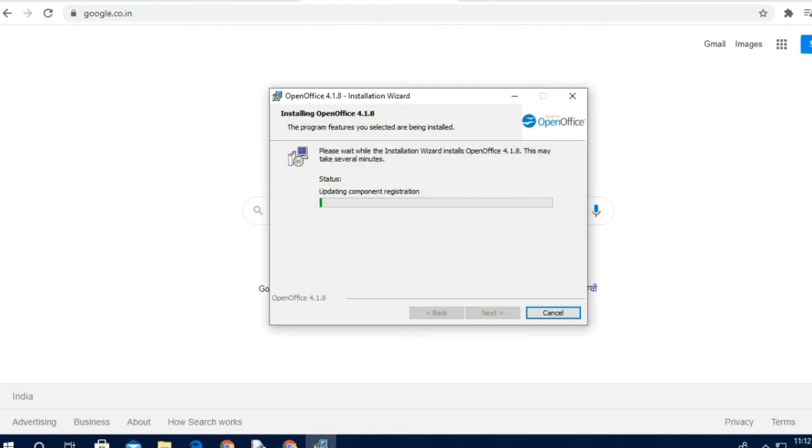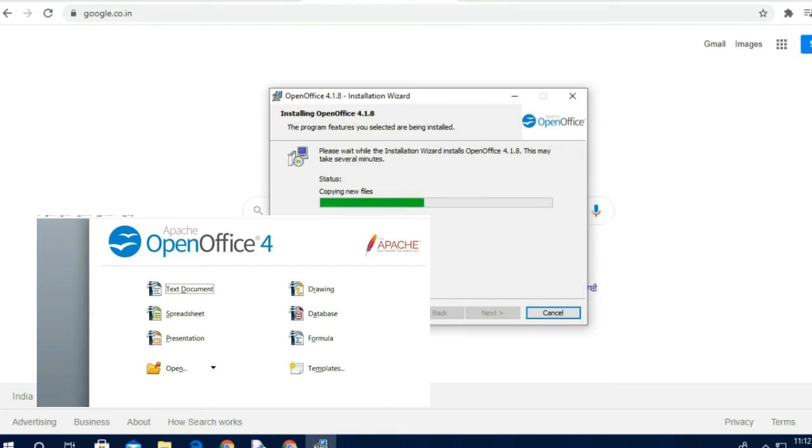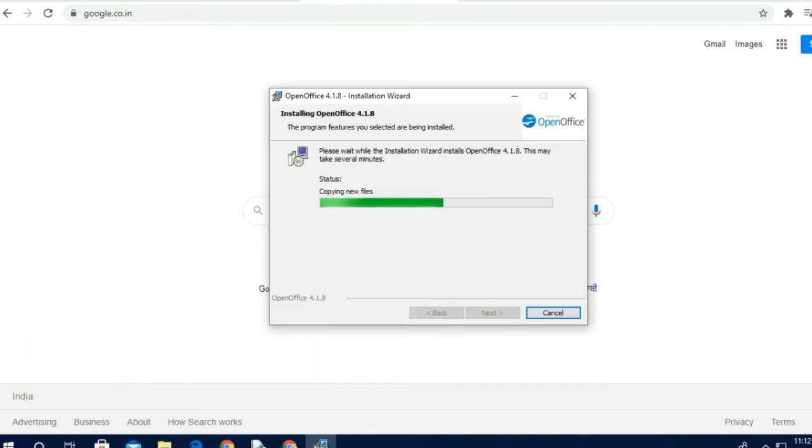OpenOffice. What are we installing? We are installing OpenOffice, as it is part of class 11th and 12th IT. And in most cases, if you are not going to use Microsoft, then you can prefer OpenOffice, because whatever features are used in Microsoft, the same we are using here also. Like Word, Excel, PowerPoint in Microsoft, we have the same here also. We can use Word, we can use Excel-like sheets, and we can even make our presentation here. A number of tools are available in OpenOffice also.